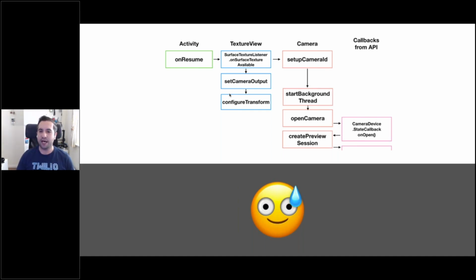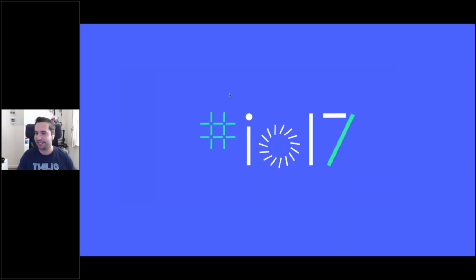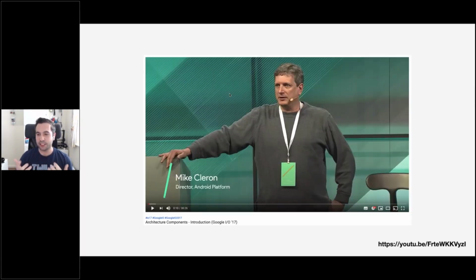And then came Google I/O 2017, when everything changed, because back at Google I/O 2017, they announced the architecture components. Back then, architecture components was the name of it, which later became part of the Jetpack family. And I remember listening to Mike Laren back then, and he talked specifically about Jetpack architecture components,